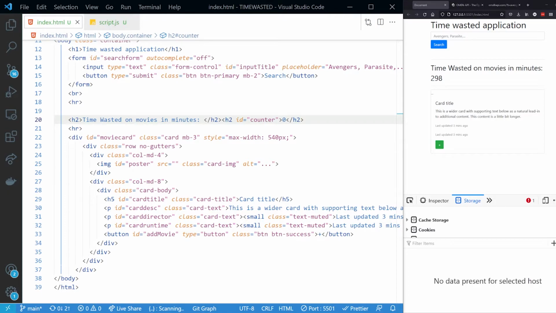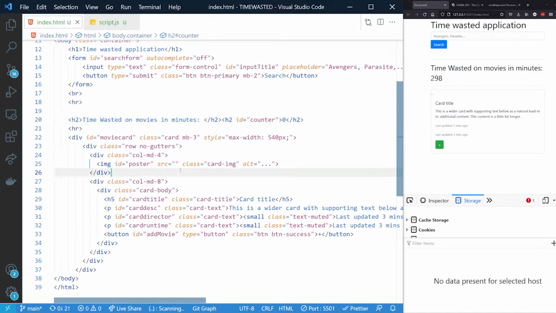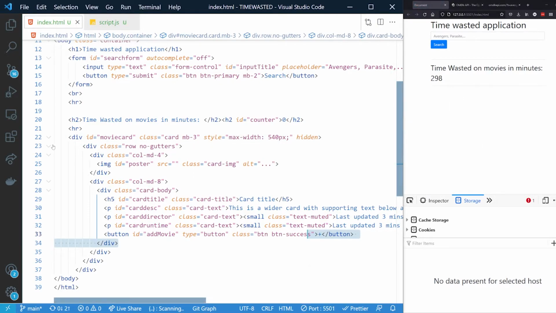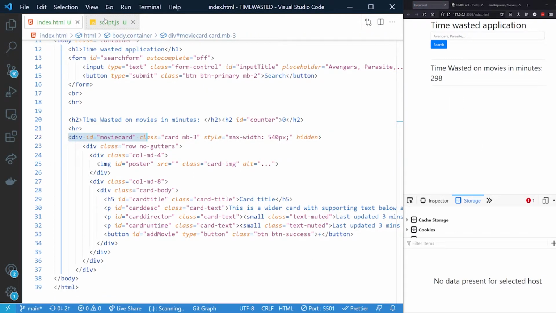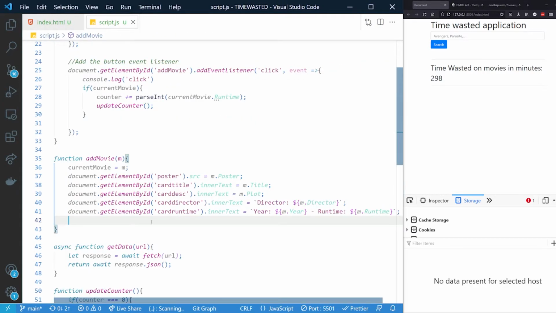We can set or remove the attribute. For example, we have an attribute hidden that we can add here. So I think if it's hidden here, then of course we don't see it. The moment we do add movie, we remove the hidden attribute. So in this case,